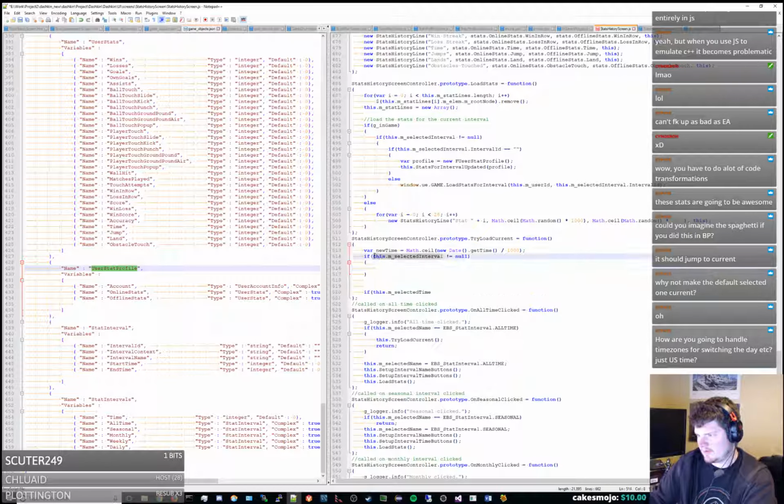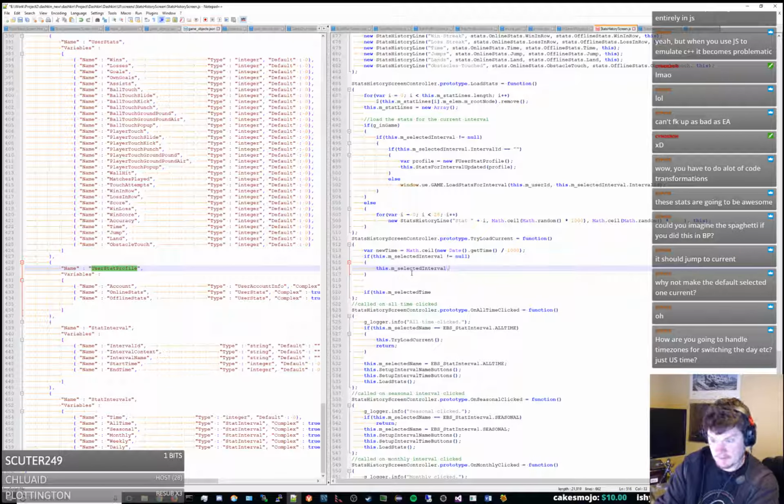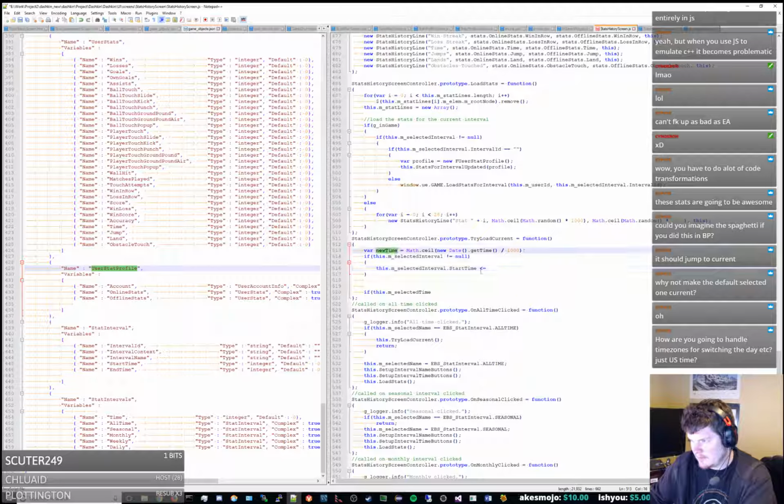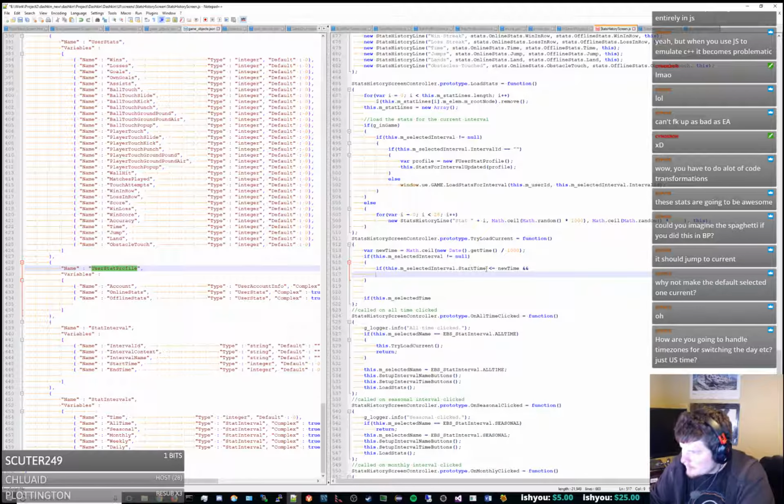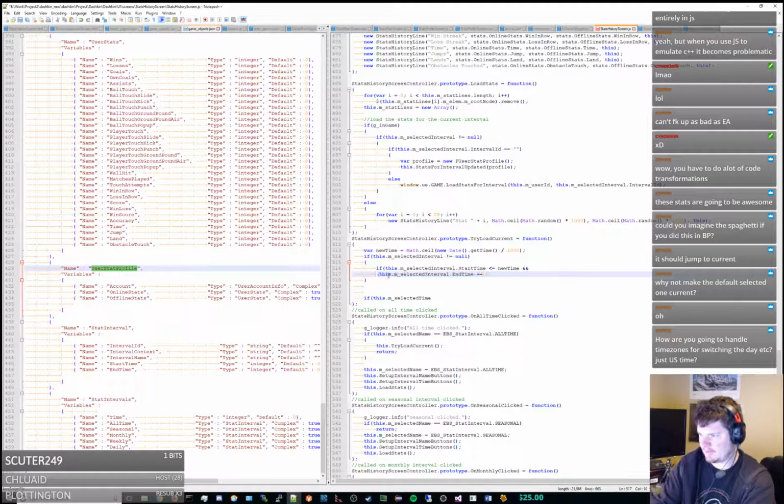So if this current interval start time is less than or equal to our new time, and let's see, if the end time is equal to 0, then that's okay. Or